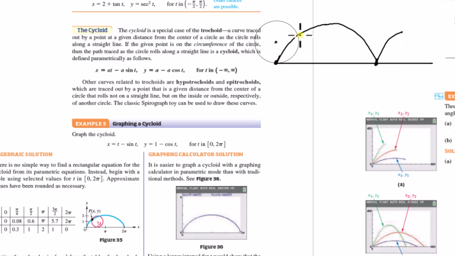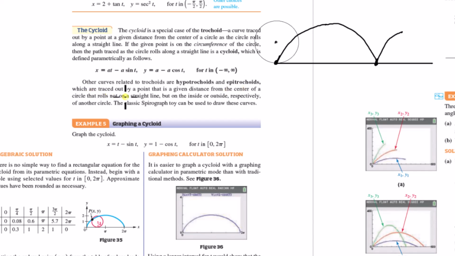But each of these points has an x coordinate and a y coordinate, right? It's two-dimensional, but it's just a curve, so it's a single input parameter. And these are the two parametric equations. Okay, other curves related to trochoids are hypotrochoids and